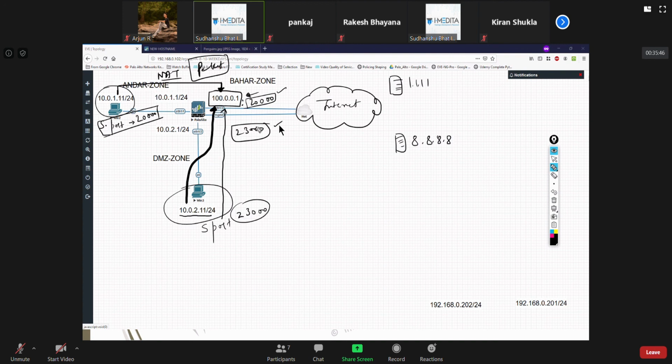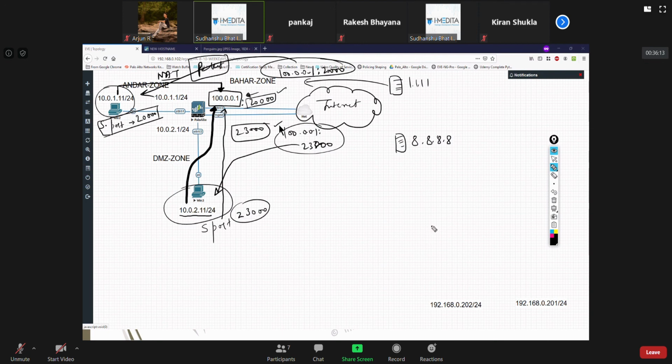If I get a reply back for 100.0.0.1 with port number 20,000, I'll send it to Win2, and if I get a response back for 100.0.0.1 port number 23,000, I'll send it here.